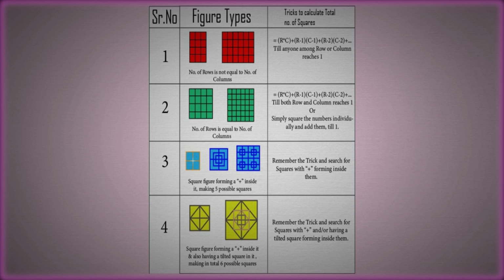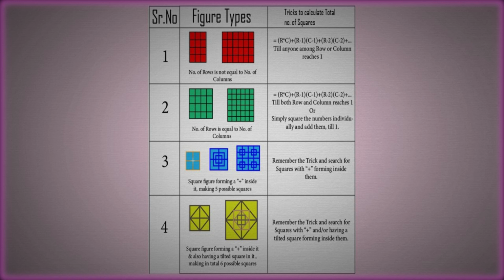That is, the number of rows were not equal to the number of columns. And the trick to calculate the total number of possible squares in type 1 figure was to multiply number of rows into columns, writing the product on right hand side, and in further steps keep on decreasing the number of rows and columns one by one, storing the product on right hand side and doing this until any one among